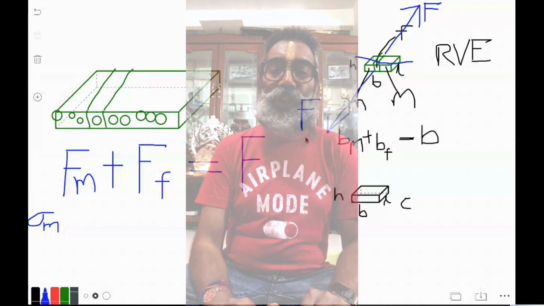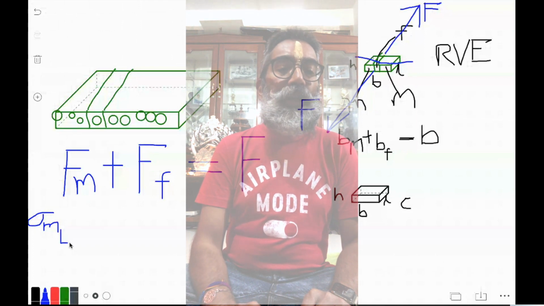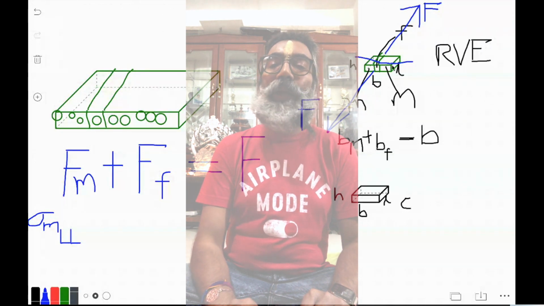Again, of course, stress should be denoted by the actual subscripts of the plane on which it is acting and the actual direction in which it is acting. So in this case, it is actually sigma in the matrix in the L plane in the L direction,